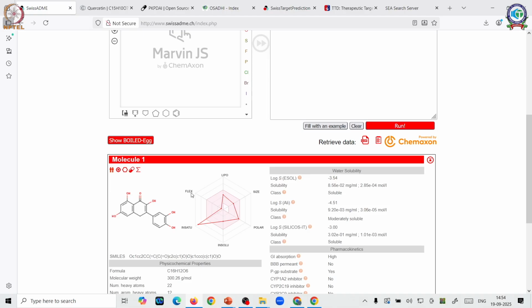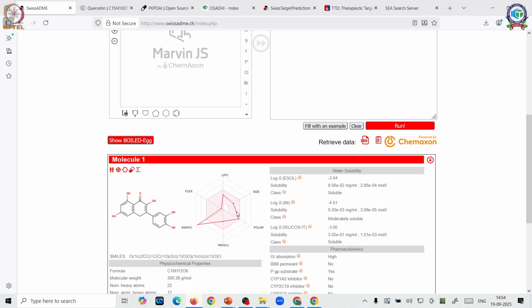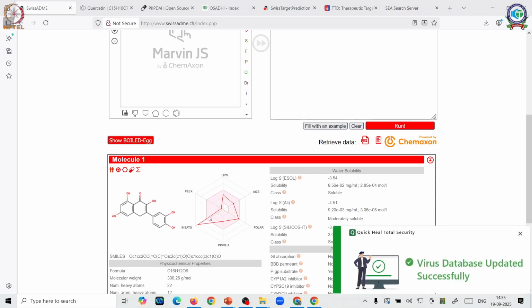The properties such as flexibility, lipophilicity, size, polarity, insolubility and unsaturation should all be within certain limits. Now what does this indicate? This indicates that the lipophilicity is optimum, the size is optimum, polarity is optimum, and so is insolubility. The unsaturation can be a little less.